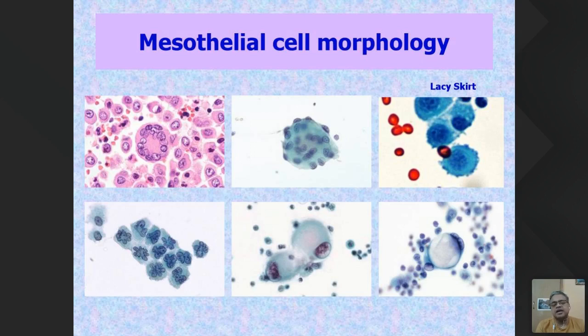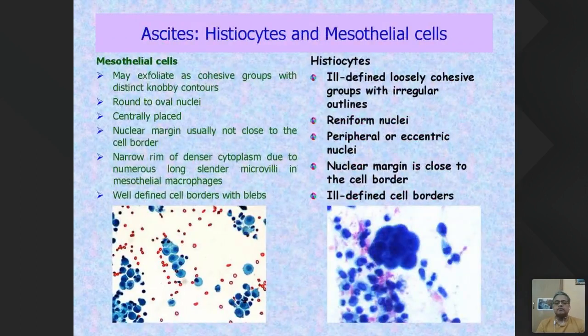Sometimes mesothelial cells can have reactive changes, so the nucleus is big with prominent nucleoli, and there may be eccentric placement because these cells secrete hyaluronic acid, and they may look, especially after degeneration, like this. This should not be mistaken for a signet ring cell. This also is a mesothelial cell, in which the nucleus is normal. So these are degenerative vacuoles. You can see how these two cells are attached to each other. So this is ascites, the difference between a histiocyte and a mesothelial cell.